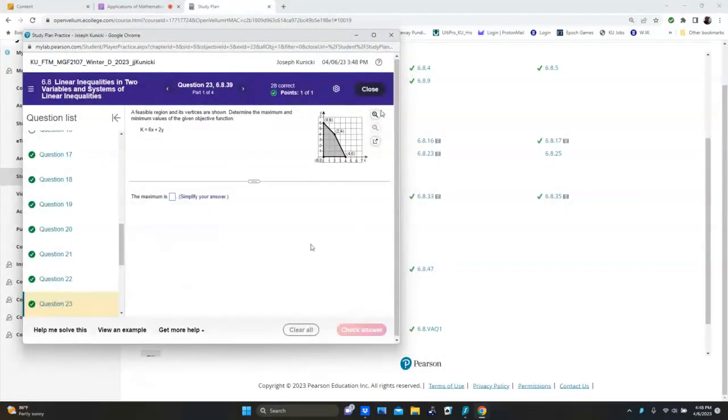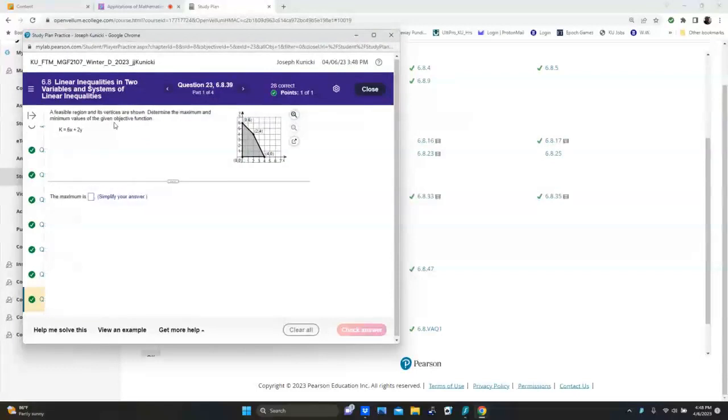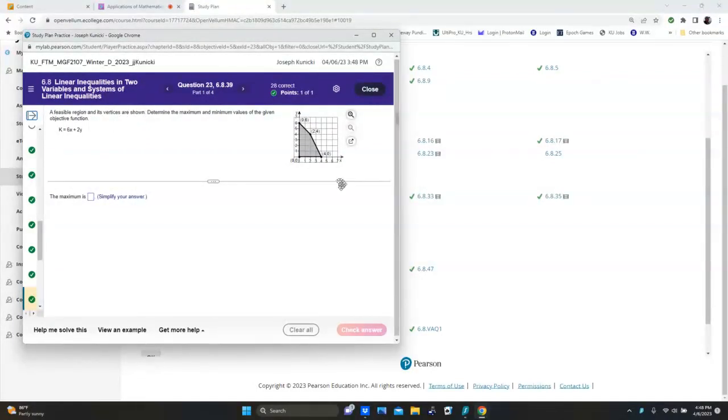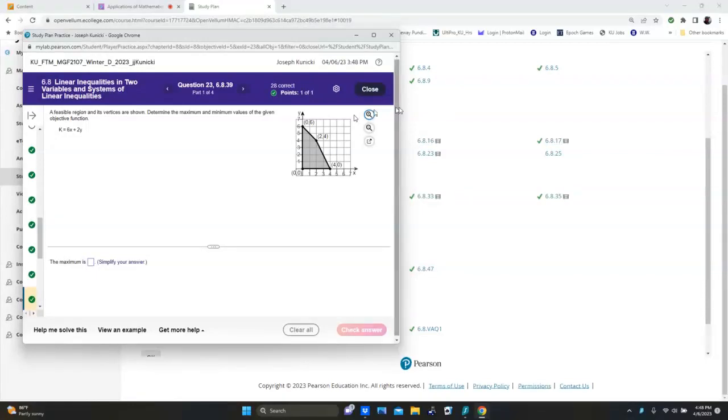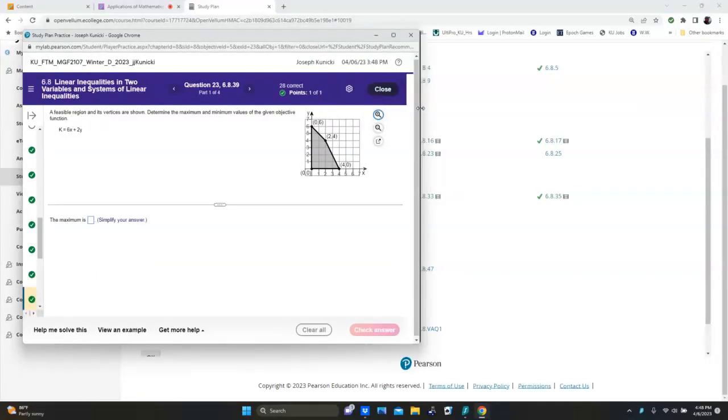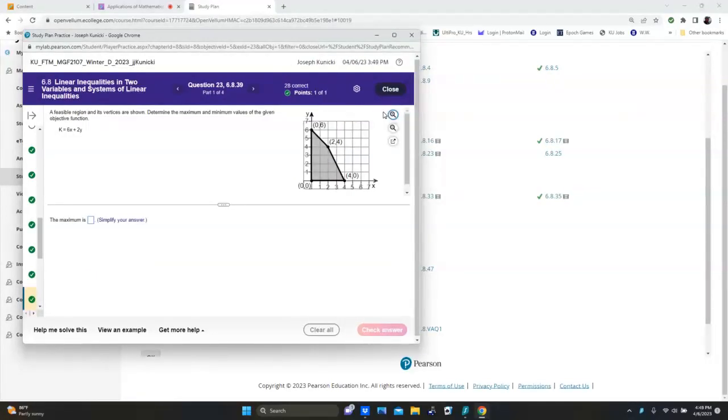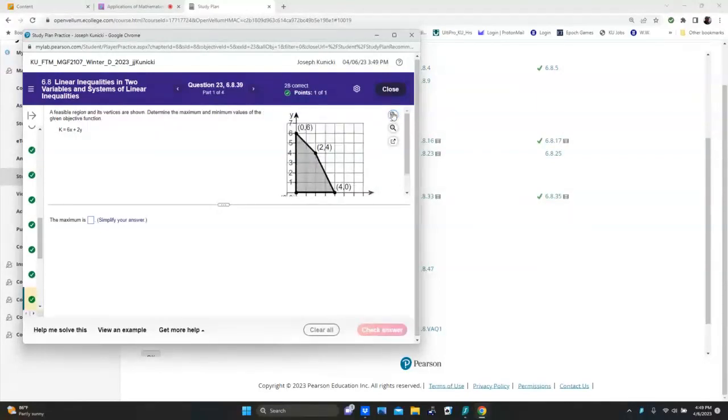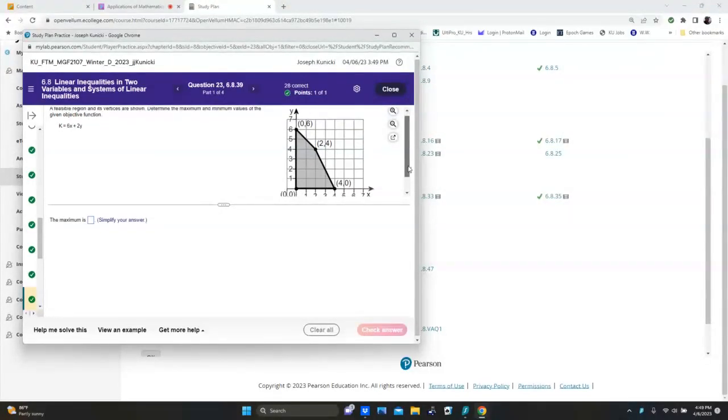So this is a feasible region. Now we can't see this, but there's 4 inequalities that were used to make this region, and you see there's